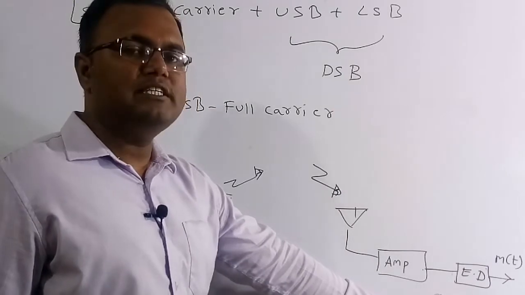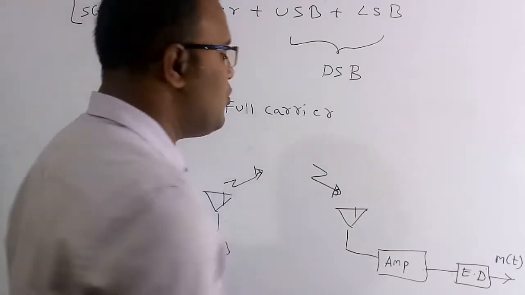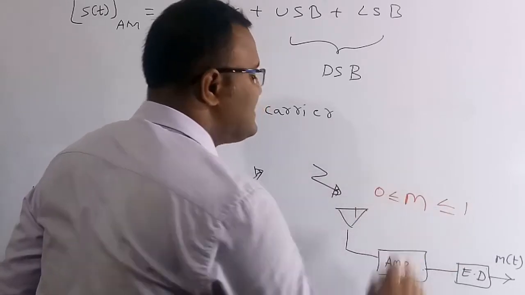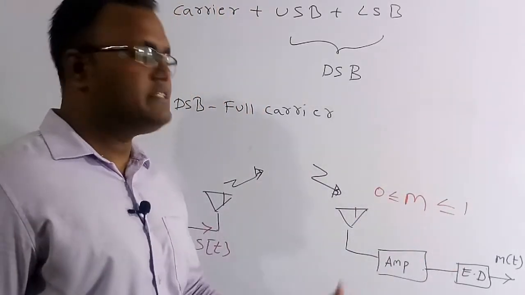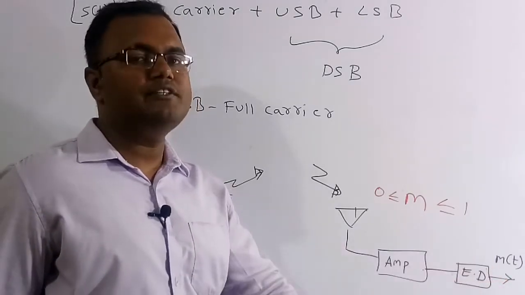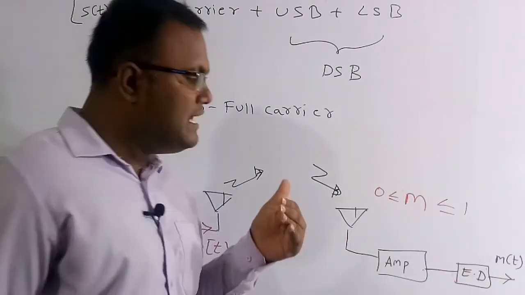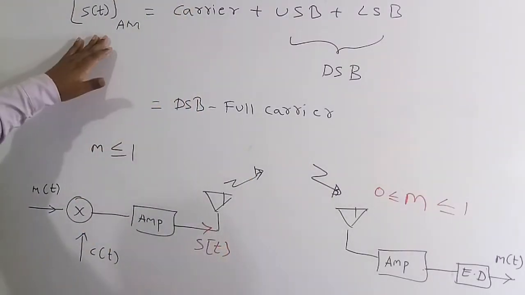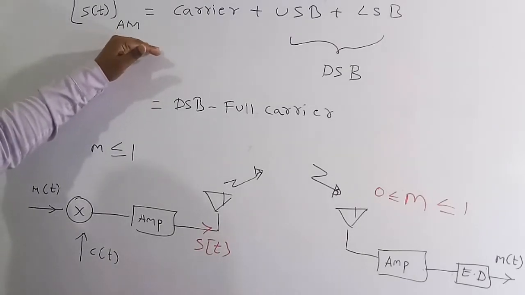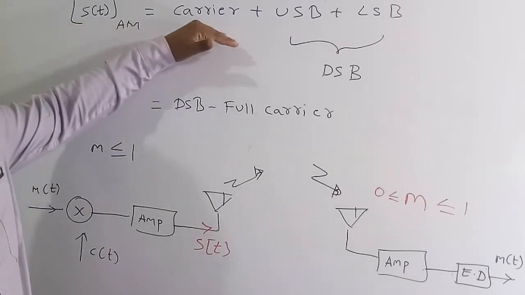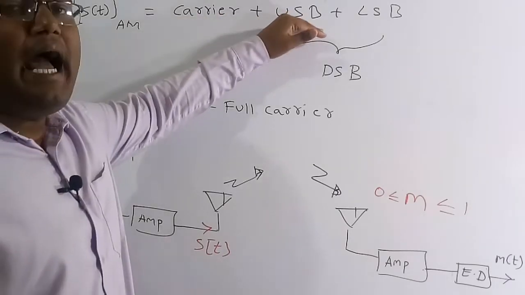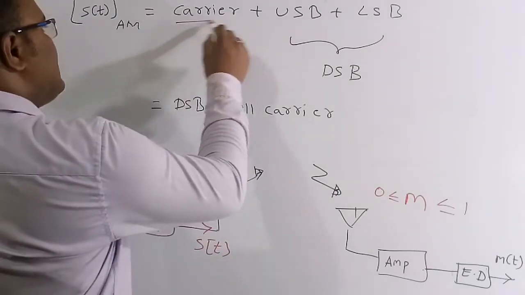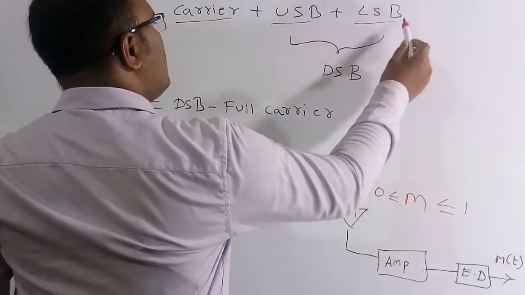This envelope detector is going to give the accurate message signal only when the modulation index value is less than or equal to 1, meaning it has to lie only in this region but not greater than 1. If it is greater than 1, the message signal which you get is not the original signal, it is a distorted waveform of the message signal. So here this S of t is nothing but an amplitude modulation signal. This S of t contains the carrier waveform and also the upper sideband and the lower sideband. So this contains the equations of the carrier signal, upper sideband and the lower sideband.